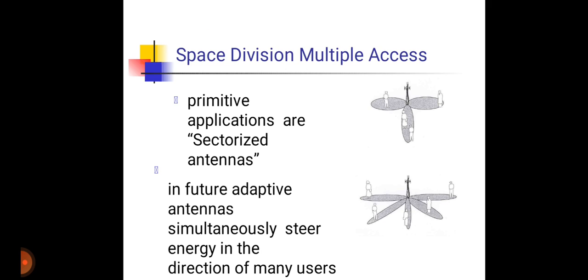Now, the next one is SDMA. SDMA is Space Division Multiple Access. SDMA is used for allocating separated space to users in wireless networks. SDMA uses a physical separation method that permits the sharing of wireless channels. A single channel may be used simultaneously if the users are spaced far enough from one another to avoid interference. This is known as frequency reuse.